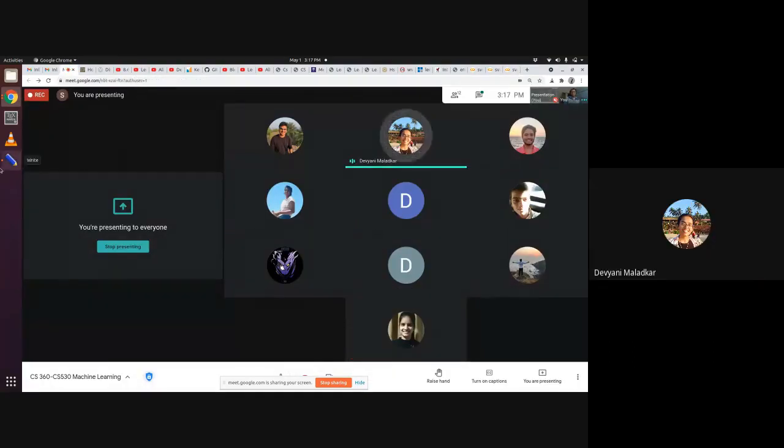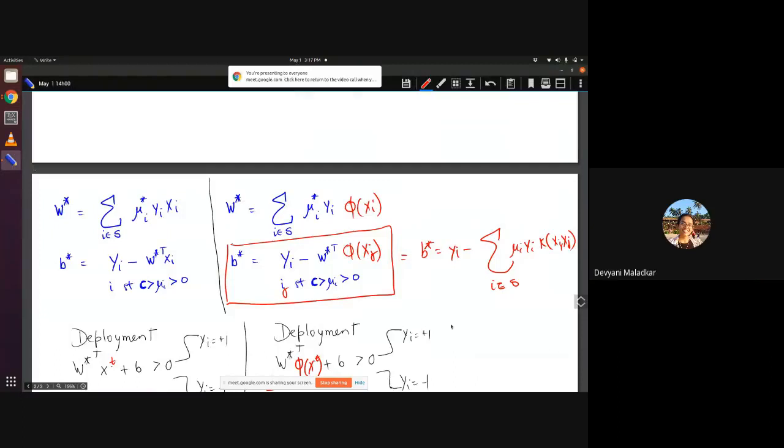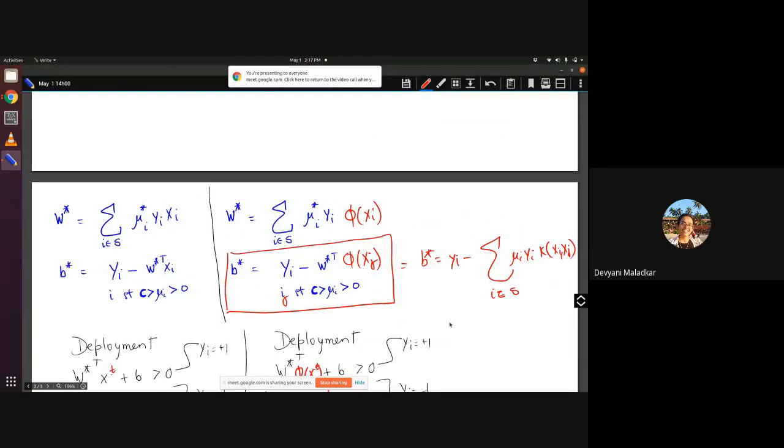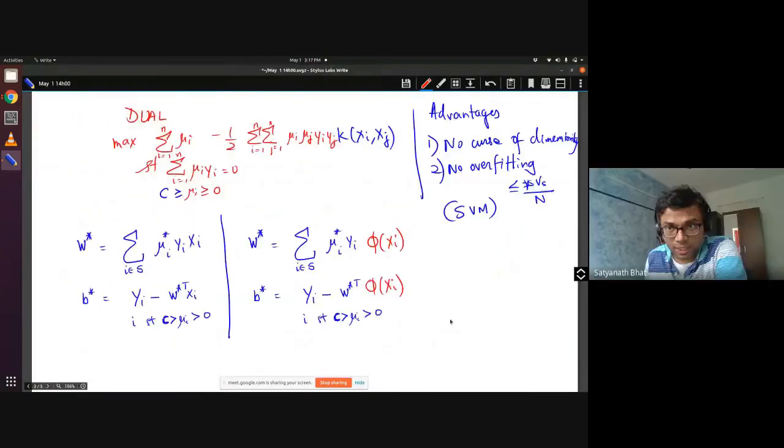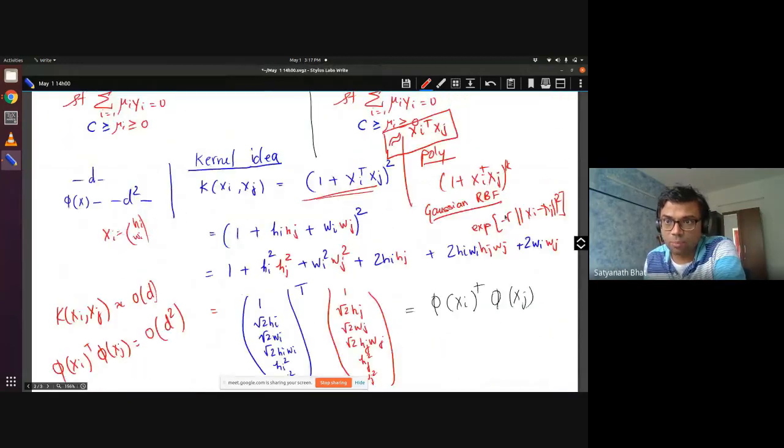I had just one more question. When we're using the radial basis function, W is going to be of infinite dimension. That is right, because you have e power minus gamma times xi minus xj transpose xi minus xj, and when you take e power, it becomes an infinite series. If you just expand this and look, you can show it.